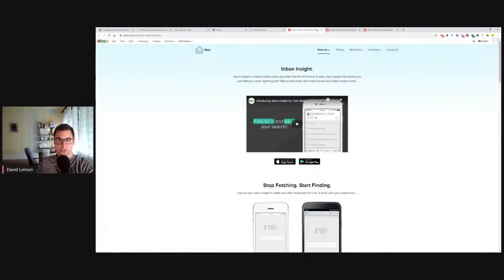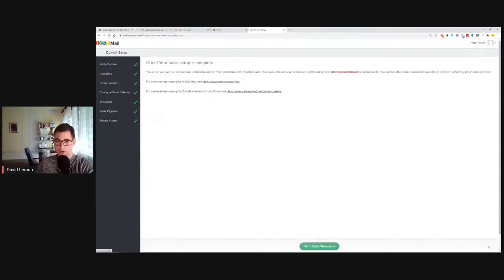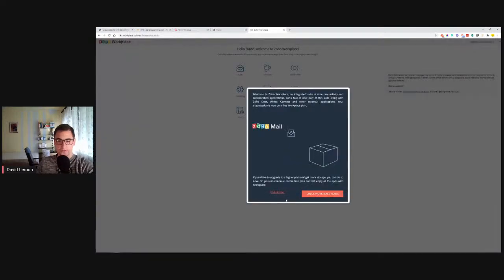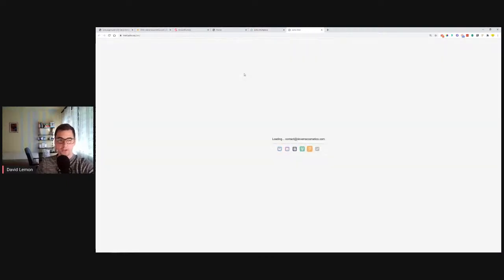This is also another app. Okay, I'm learning with you guys. So this is, I think, mobile access. These are all for mobile. Okay, here we go. So mail admin, go to Zoho workplace. Good. So we can change the workplace plans. We can go into our email,